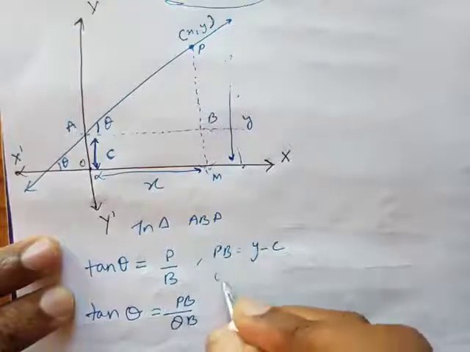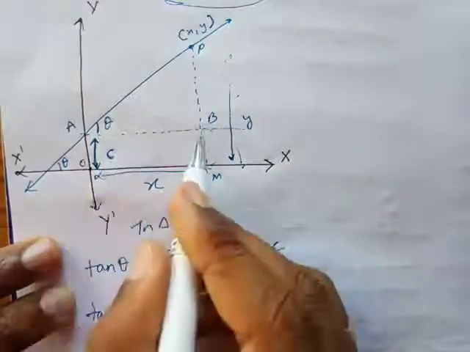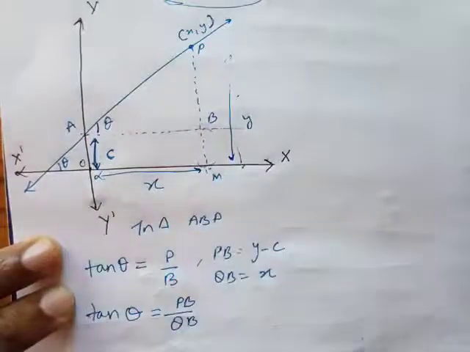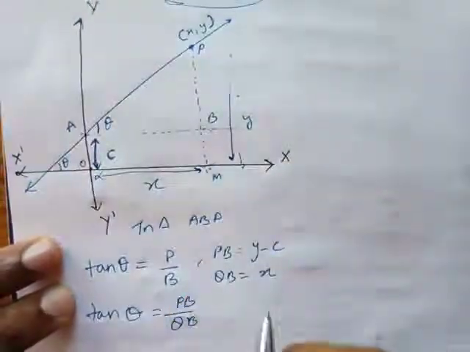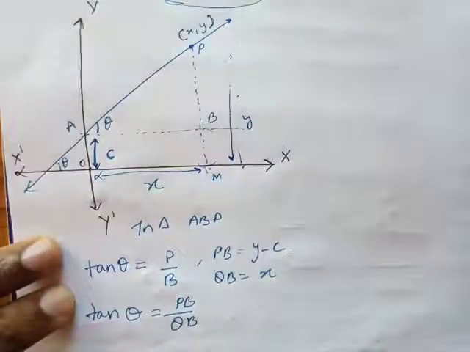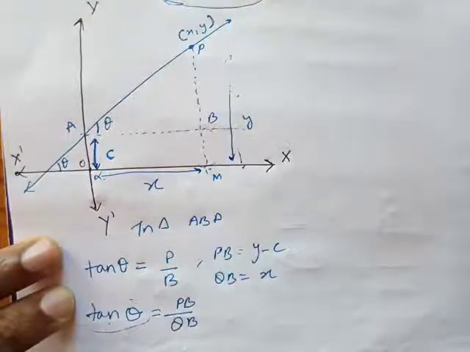Okay, let's have a look at QB. What is QB going to be? QB is going to be x. Q से लेके B तक, यहाँ से लेके यहाँ तक x होगा, तब यहाँ x, y लिखा है. So I'm gonna put the value tan theta. हमने पहले सीखा है tan थीटा को हम शॉर्ट फॉर्म में m भी लिख सकते हैं. tan थीटा ये m दोनों एक बात है. So it's going to be y minus c over x.